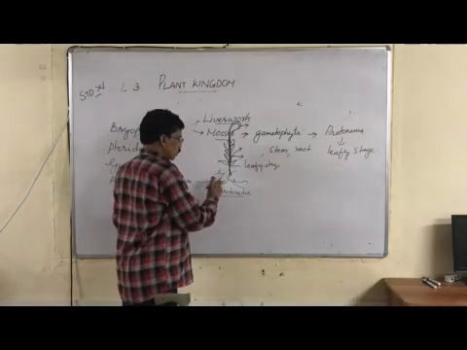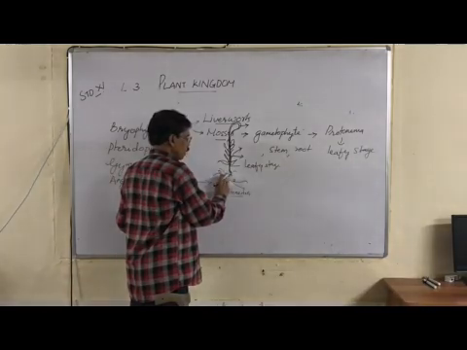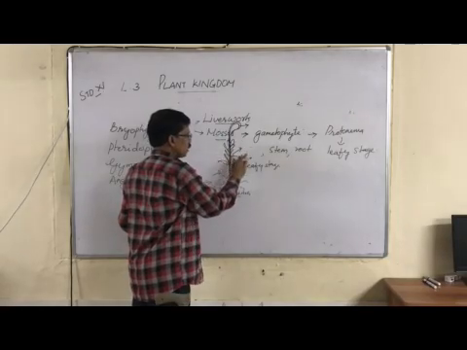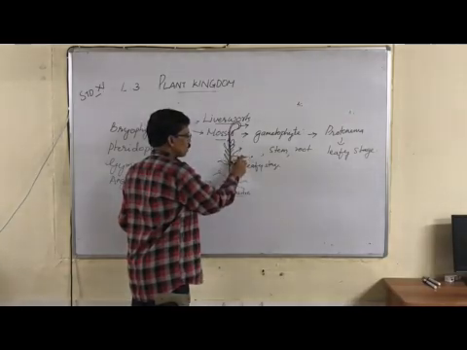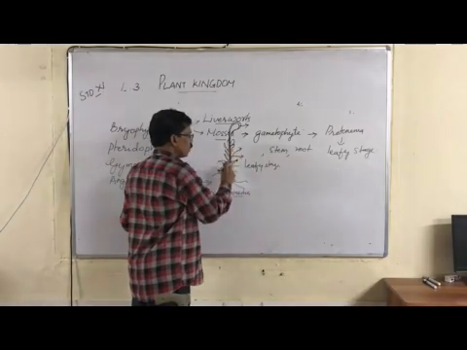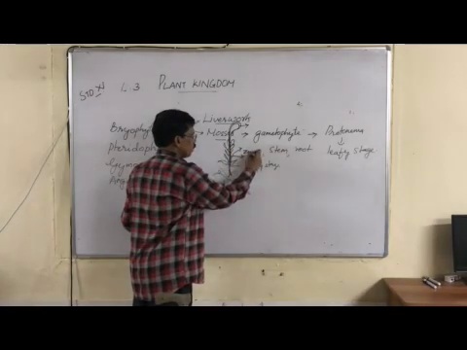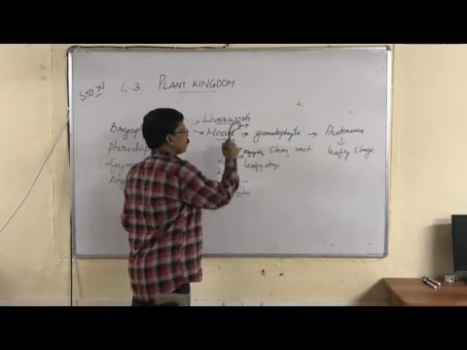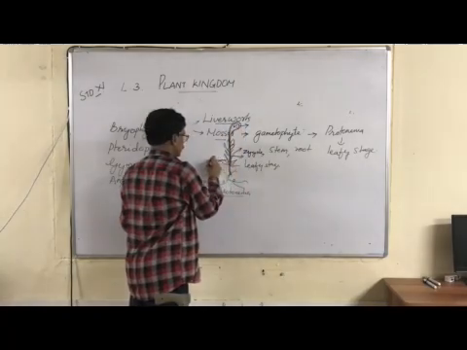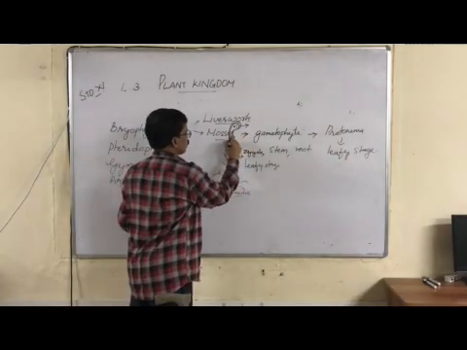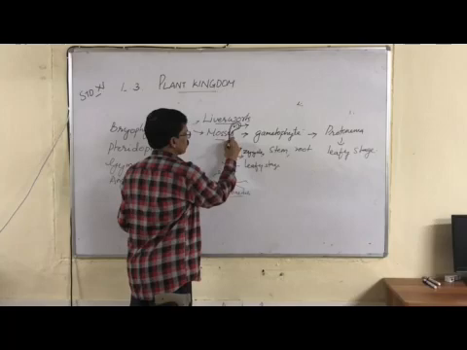So protonema produces protonemal buds. The protonemal buds germinate to form the leafy stage. The leafy stage of the gametophyte produces antheridia and archegonia, the male and female sex organs. The male gamete from antheridia and the female gamete from archegonia fuse together to form a zygote. Now the zygote develops into the sporophyte. The sporophyte contains three stages. The sporophyte starts from the top of the leafy stage.